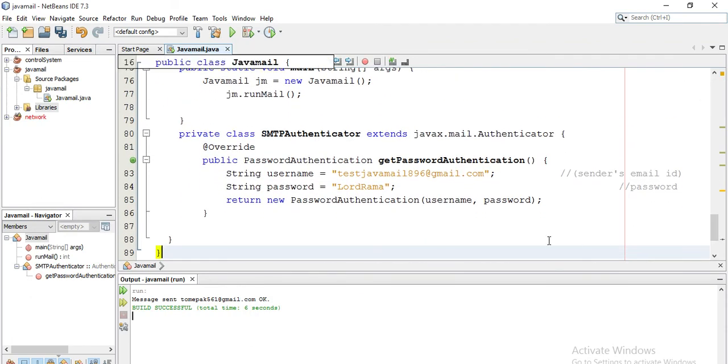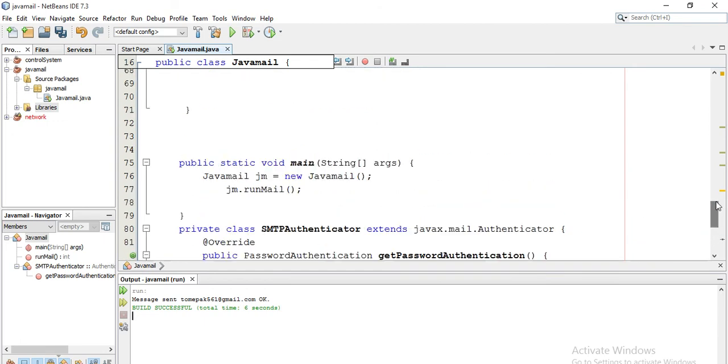Your Java application uses this email address and this password to send an email. First it sends a request through smtp.gmail.com to the Gmail server and logs in using this credential, this email address and password. After the login, it sends the message, whatever message you have written here.